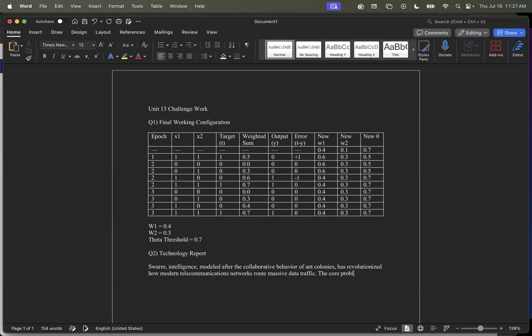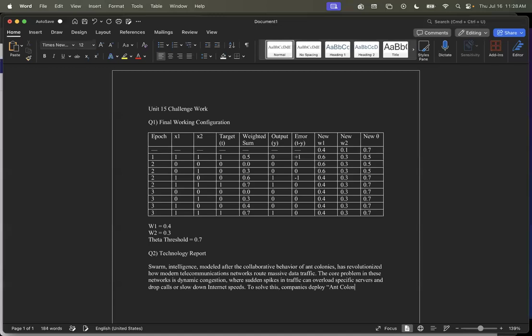The core problem in these networks is dynamic congestion, where sudden spikes in traffic can overload specific servers and drop calls or slow down internet speeds. To solve this, companies deploy